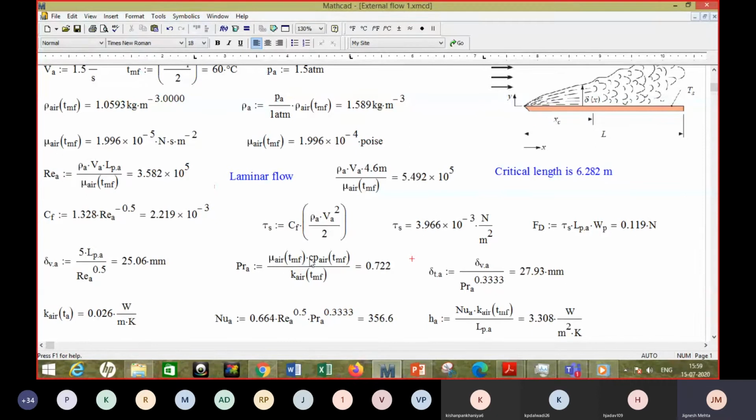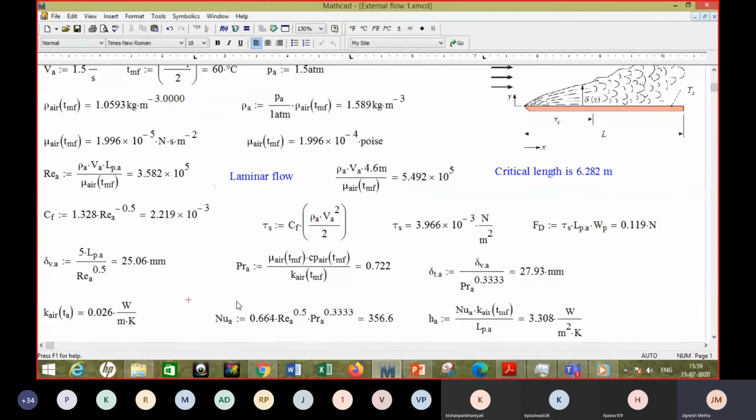Now, none of these are affected by pressure, right? So the values are as available from the table. You need not worry about making any change for the higher pressure. So this is 0.722, and that's how you get the thickness of the thermal boundary layer. Now the thermal conductivity, I have written it down, and you get it from the table, and don't forget to multiply by 10 raised to minus 3 when you use the value from the table.